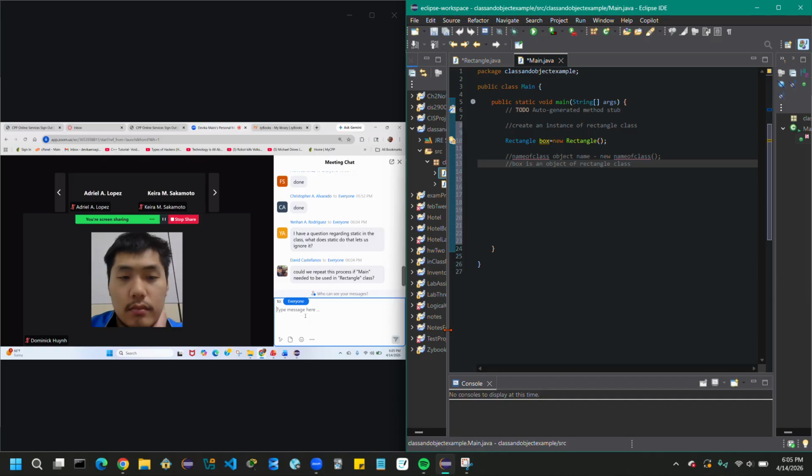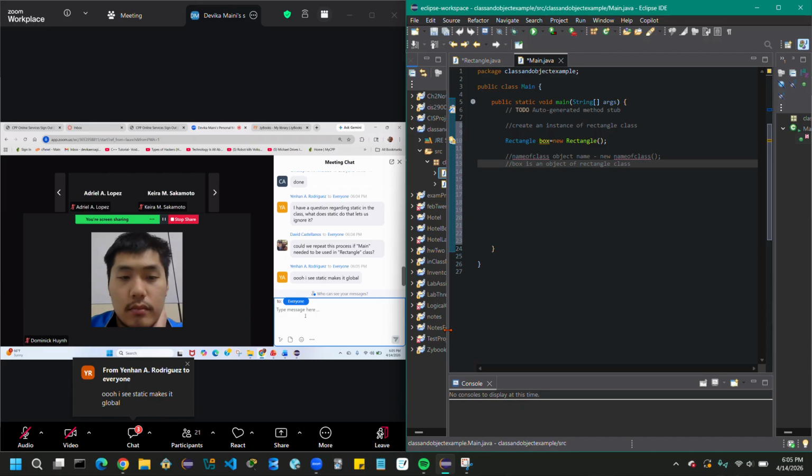In object oriented programming, each object has its own copy. With static, only one copy exists and it is shared by all objects, whereas without static, each object has its own copy of its own name. I hope you understand it.